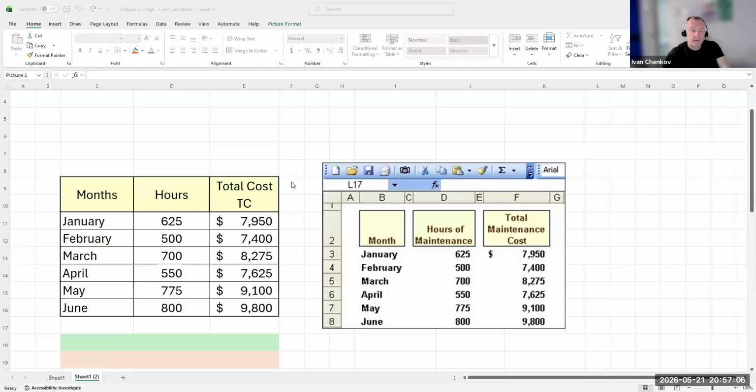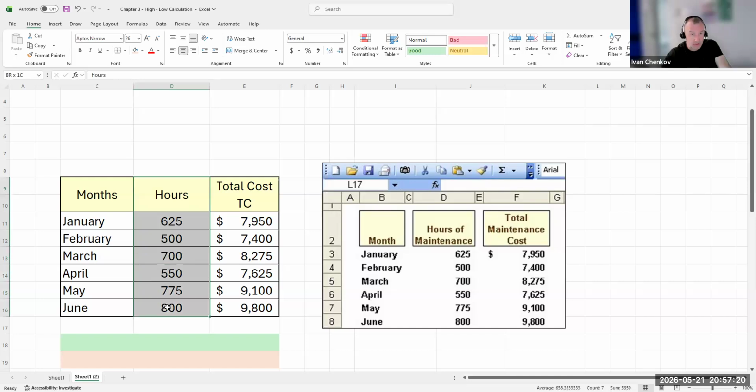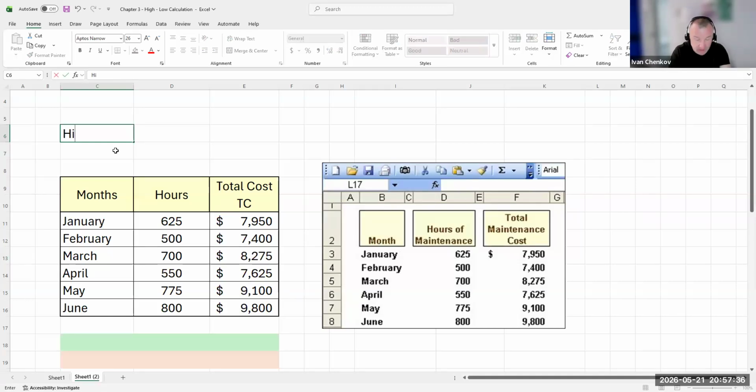So what we're going to do, first, we're going to have enough information. What will that information be? We're going to have information for the months. We're going to have information for the usage, which in this case is hours. And we're going to have information for the total cost. Once we have this, since the method is the high and low method,